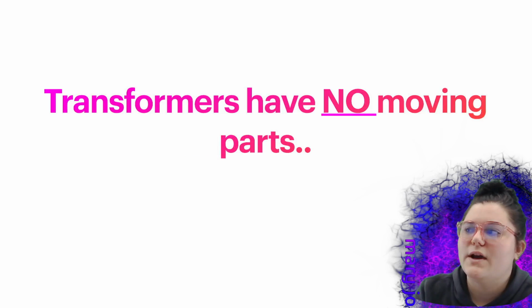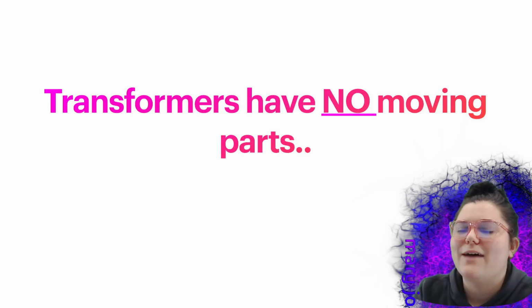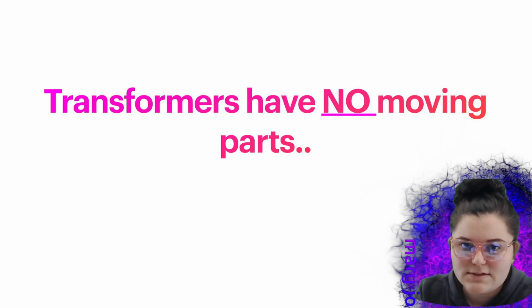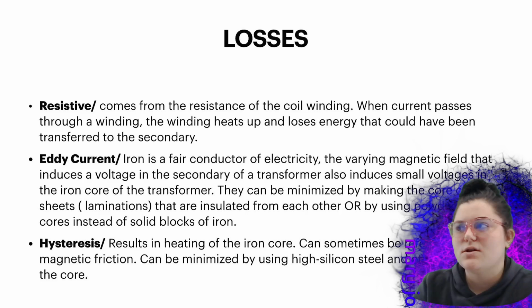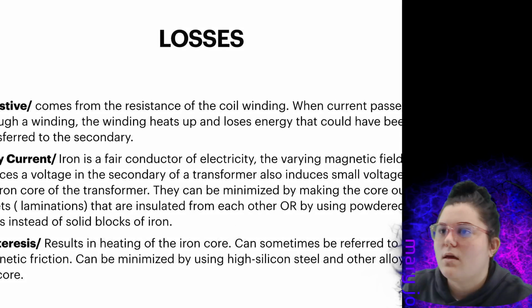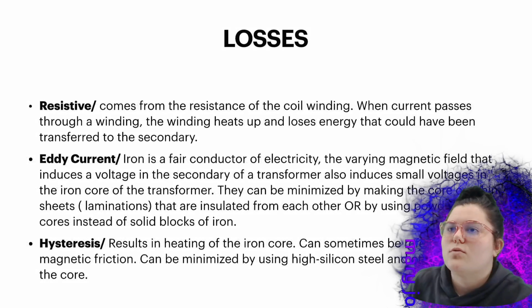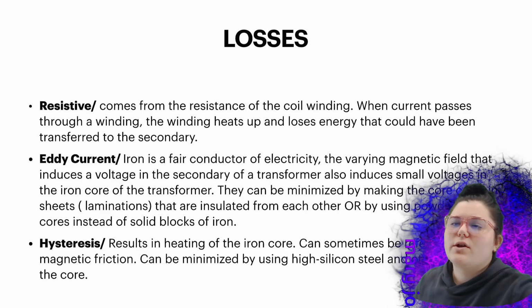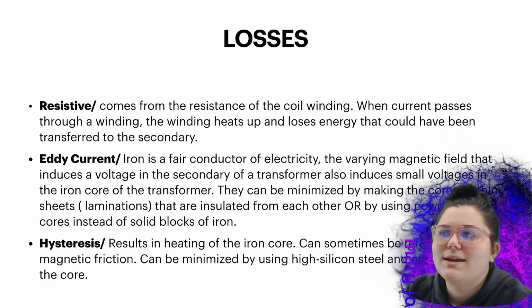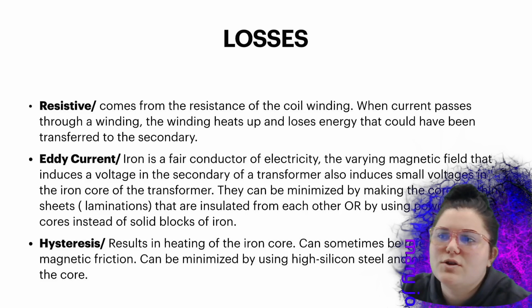This was just very important for me to say that transformers have no moving parts. No moving parts. So let's go over some of the losses. Resistive. That comes from the resistance of the coil winding. When current passes through a winding, the winding heats up and loses energy that could have been transferred to the